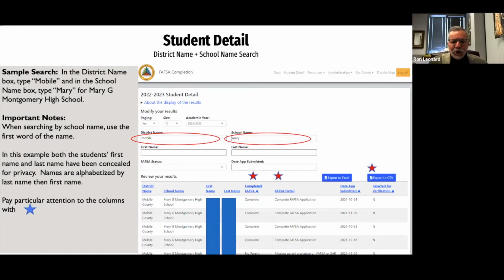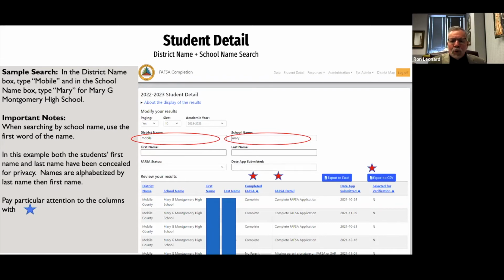As you can see, down across the bottom, there's a couple of blue bars there. Those blue bars are there because this was an actual screen capture of a search that I did, so we're just concealing the student names. I mentioned to you earlier, when we get data from the federal government and from ALSDE, it has personal identifying information in some cases, for example, the Social Security number. So we remove that before we move the data to the FAFSA server. So all you see is the student's first name and last name, not date of birth, not Social Security number.